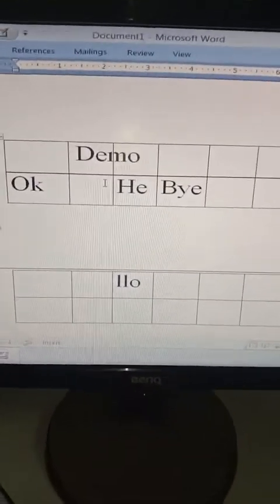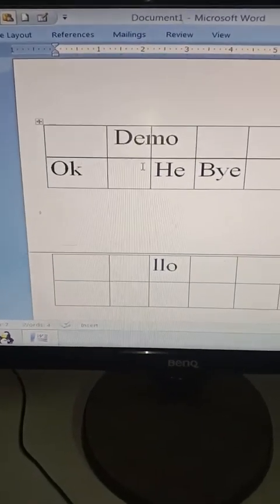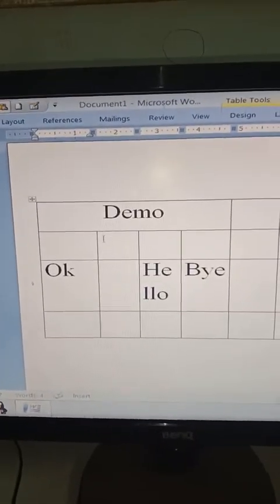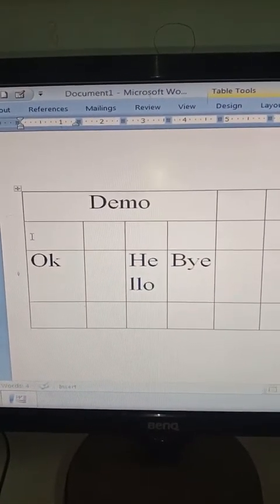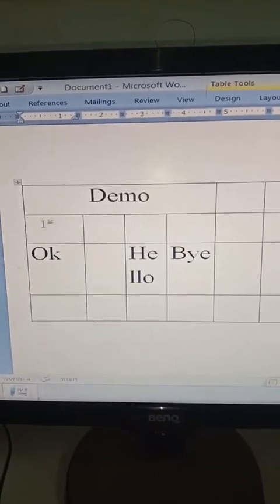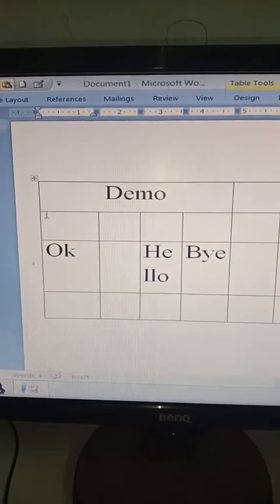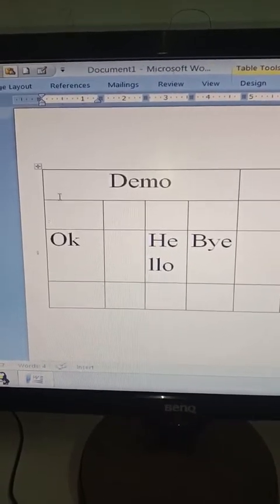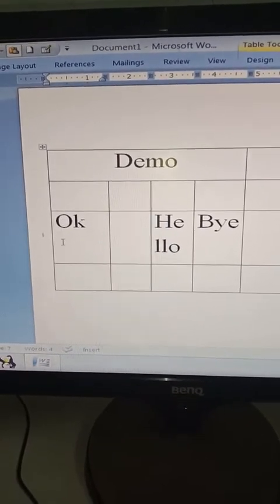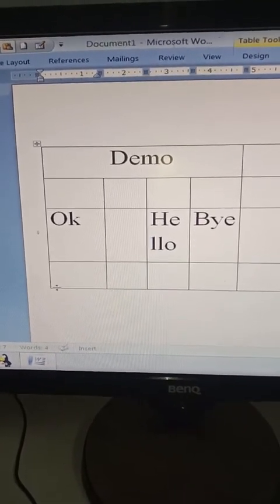Let me again show you how to split the table. First of all, bring the cursor to that cell or to that row from where you want the table to be divided. Like suppose I brought the cursor over this row, it means I want to divide the table into two parts. The first part should contain this row, and the second part should contain this and the downward rows.